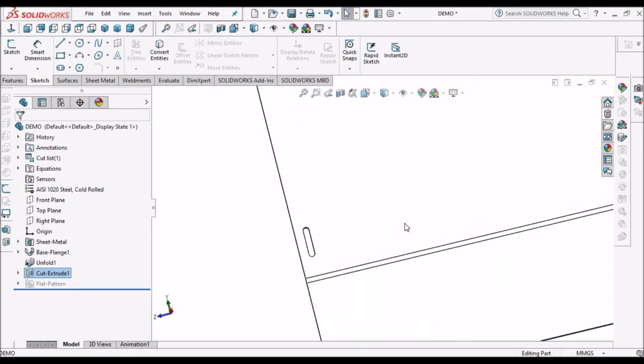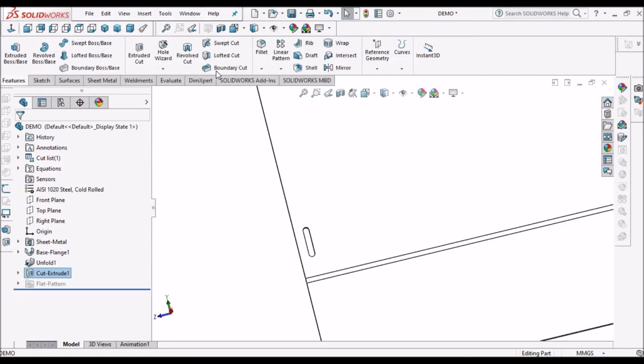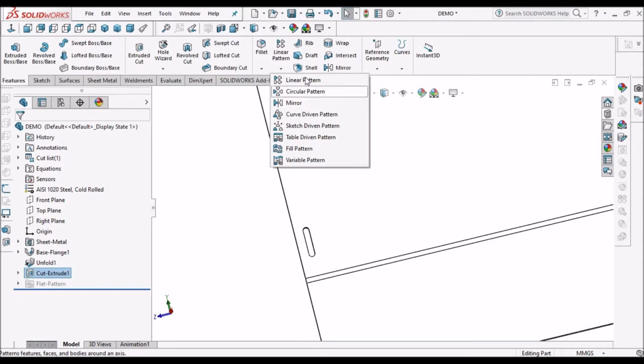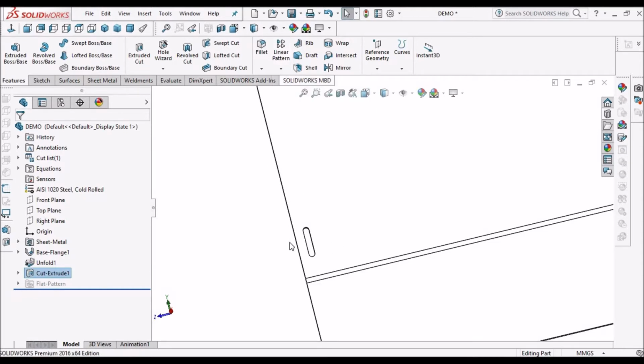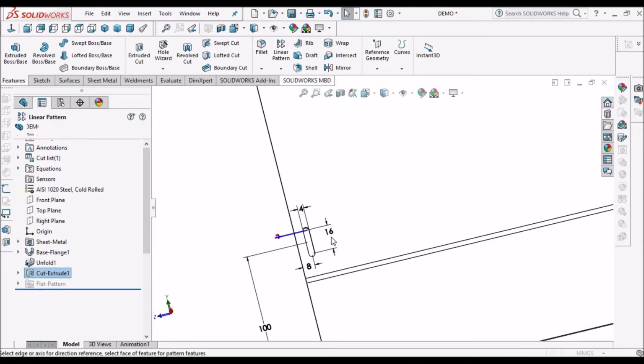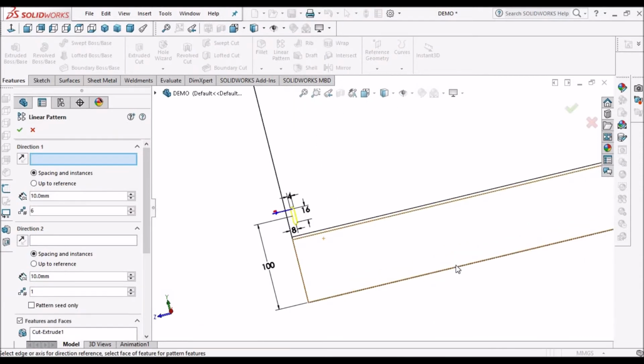So after creating this slot, we have to go for pattern. Don't try to create pattern in sketch because it is difficult to modify.